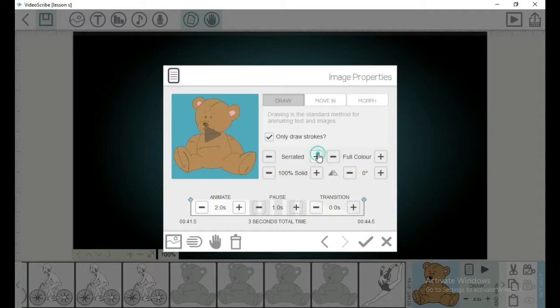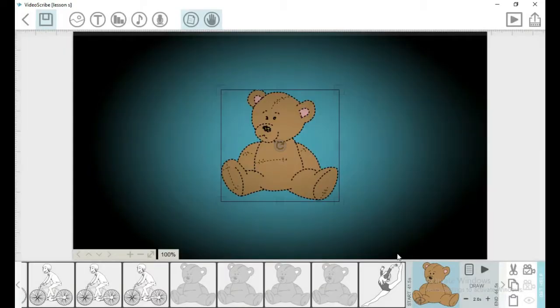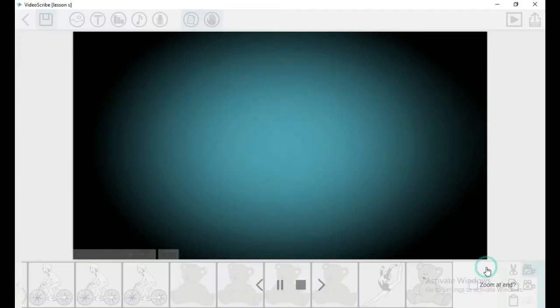Then we have the serrated, the stitch, and now the zip version of drawing, which I have just shown you how it works. The zip, I was using the zip in the previous animation. You can feel free to play around with this. Right now, let us preview the stitch after setting the camera position. That is the stitch